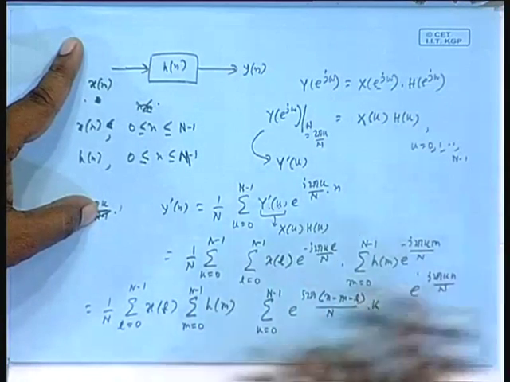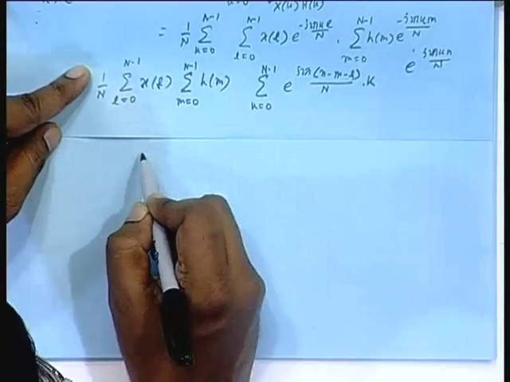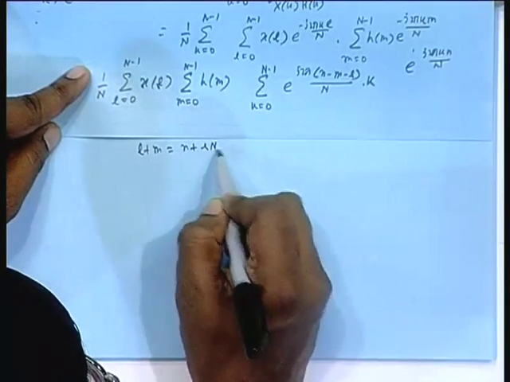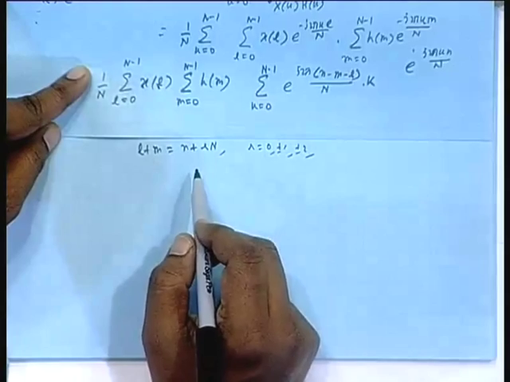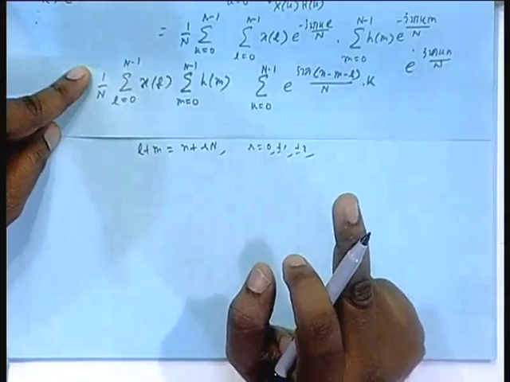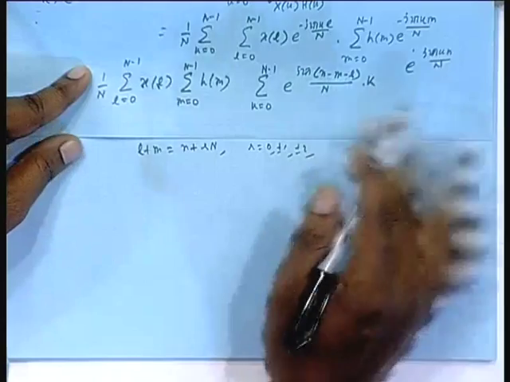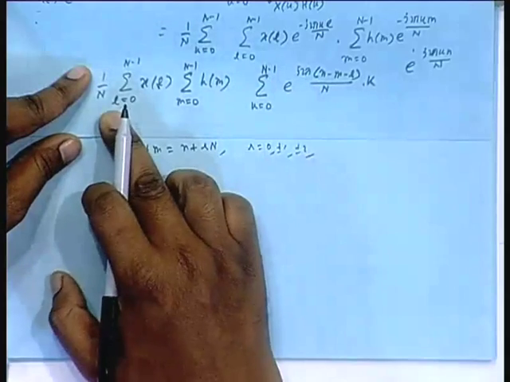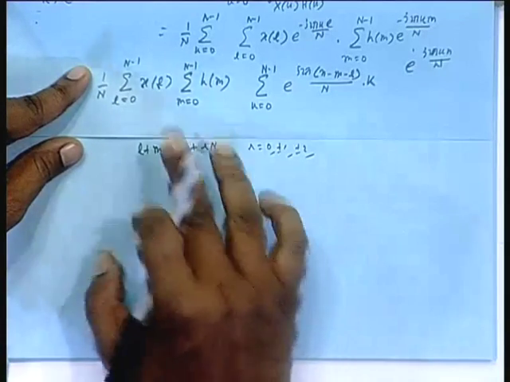Otherwise 0. So that means in this summation, only when l plus m is equal to n plus r into N, r can be anything, r can be 0, plus minus 1, plus minus 2, you understand? n or n plus capital N or n minus capital N, you put back here, the entire thing will be e to the power either 0 or e to the power j 2 pi, integral multiple of 2 pi and all that, okay, you will get 1. Only then this will be non-zero, 1, 1, 1, 1, N times, N will cancel, x of particular l and h of particular m as coming from this, they will be multiplied.